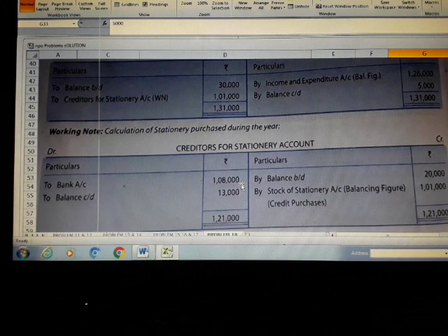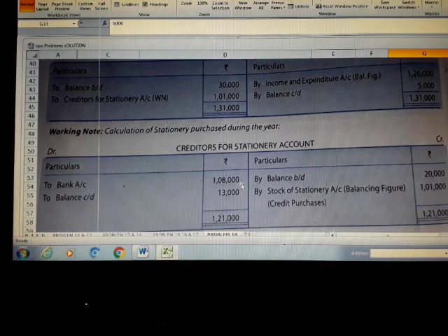So whatever the closing balance, when you prepare your creditors account, you will not get any closing balance of creditors, because opening balance of creditors as well as closing balance of creditors will be available in the question itself. So you need not bother about those two. And you will also be given the amount that has been paid to the creditors in the form of payments. So even that you will bring into the picture. Apart from this, there is no other item to be documented. When you just total both the sides, there will be some shortage.